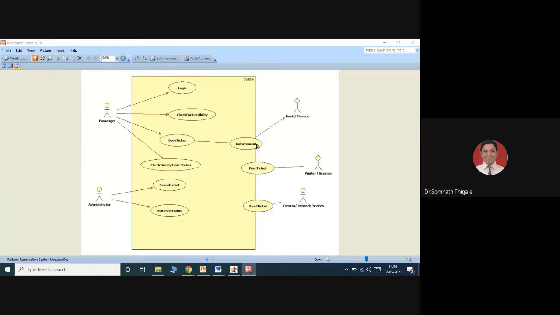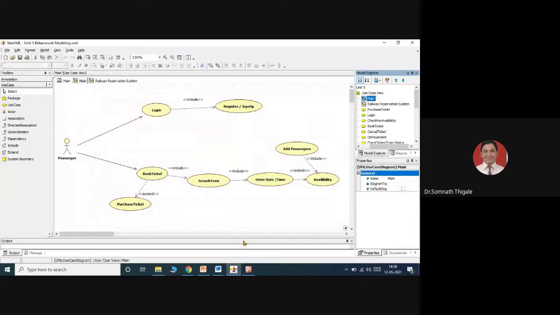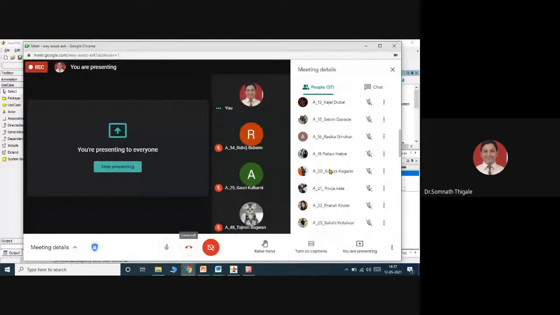Any doubt there? Okay. Any doubt, any query, please let me know. Yes. Any doubt there? Any query from your side? I hope you are aware of what a use case diagram is.